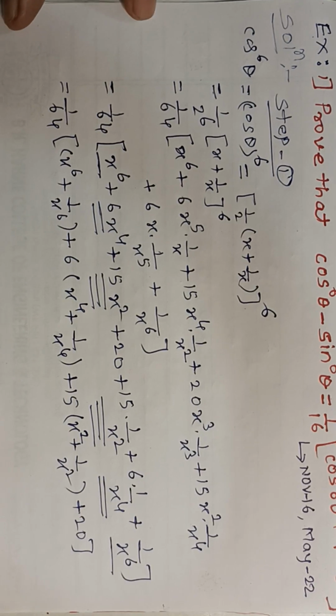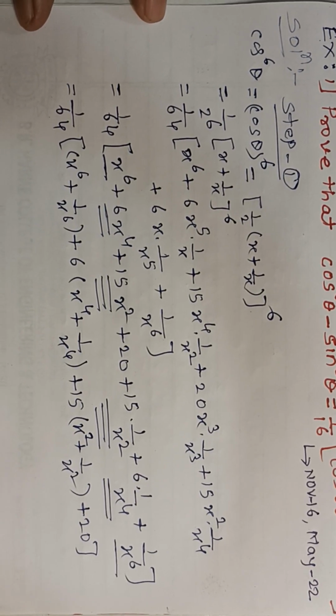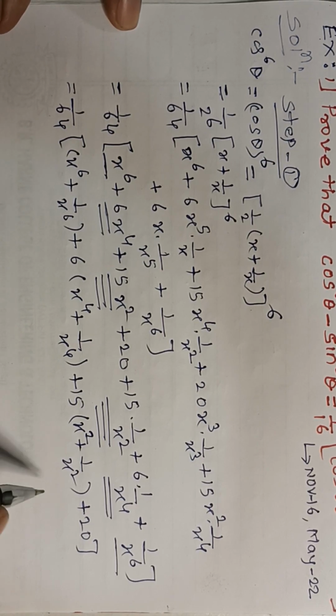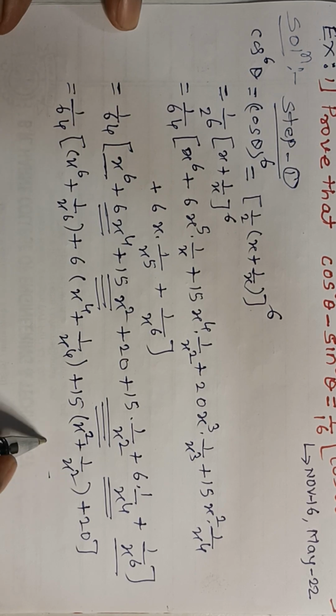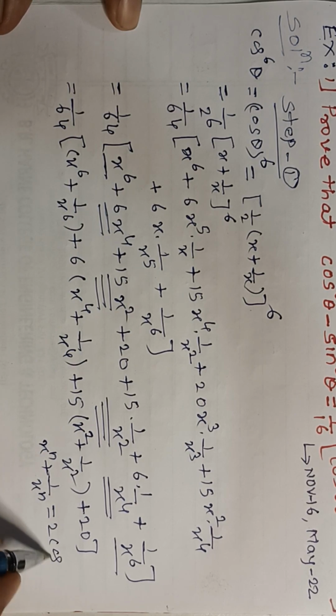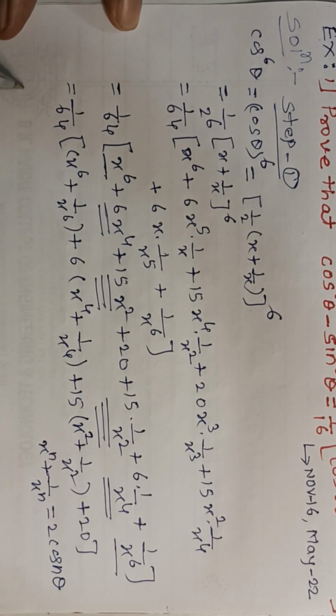And now you know x to the power n plus 1 upon x to the power n is equal to 2 cos n theta. Applying that formula, since x to the power n plus 1 upon x to the power n is equal to 2 cos n theta, you know this formula. So applying this formula, this can be written as,